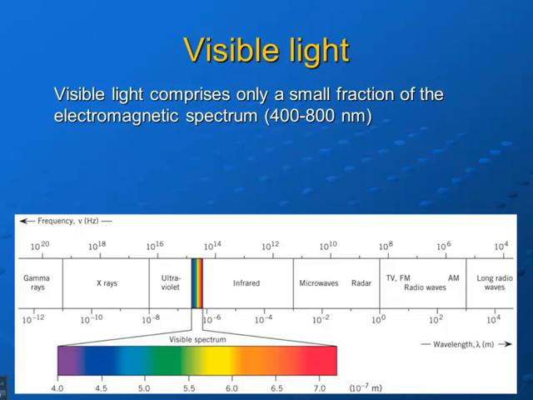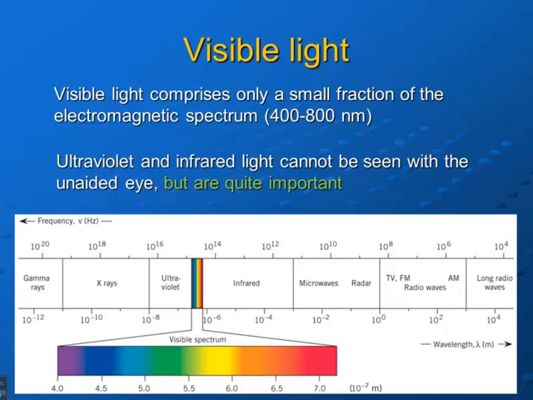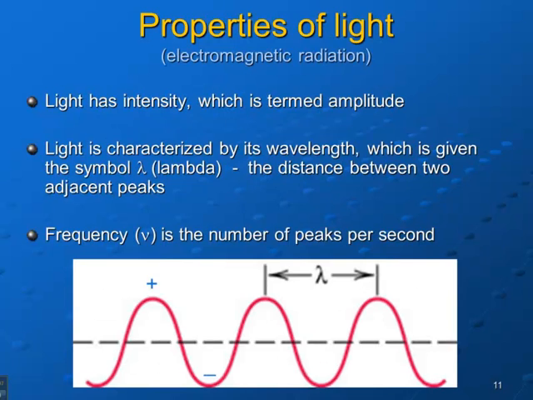Now, some of you can see farther into the purple or indigo. Some can see less into the red. And you'll find out, if you have a way to measure that, that certain people see certain colors better than others. But our eyes do respond to the visible light, and that's actually a pretty small portion of the light. But these other wavelengths exist, and you need to be aware that they are actually quite important. But just to summarize,